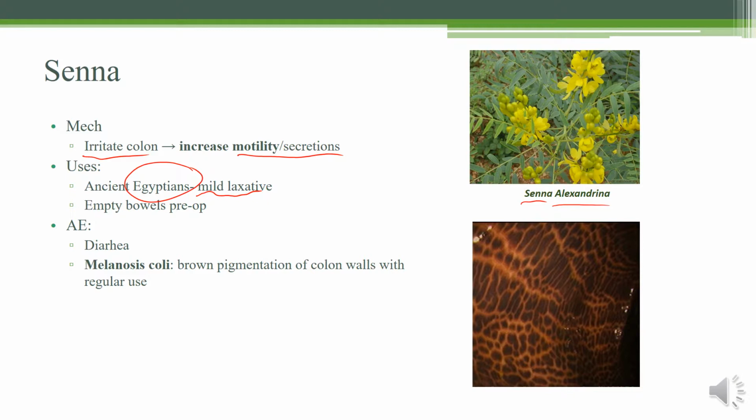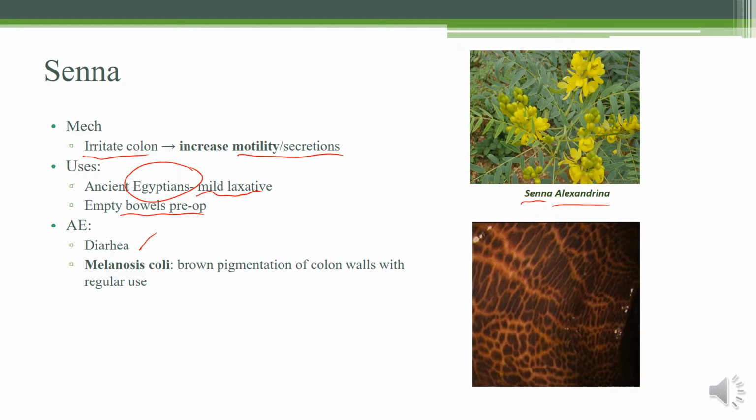It can also be used nowadays as a way to empty bowels pre-op. You don't want the patient pooping right after surgery when they're coming off of the anesthesia. That's actually happened to me before. So make sure you just give them a little bit of Senna beforehand if they haven't pooped already, and it'll get everything going. Of course, the adverse effects of any laxative is going to be diarrhea, but something that's unique